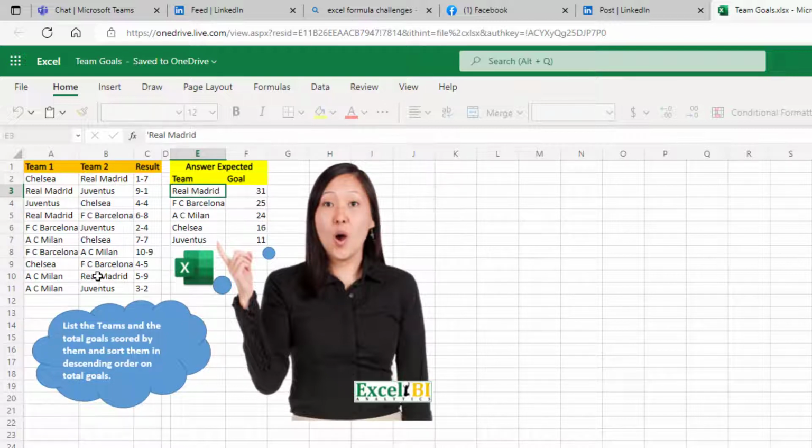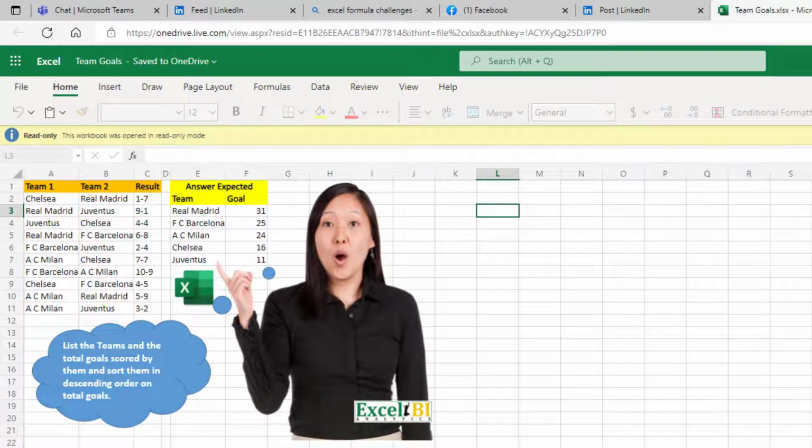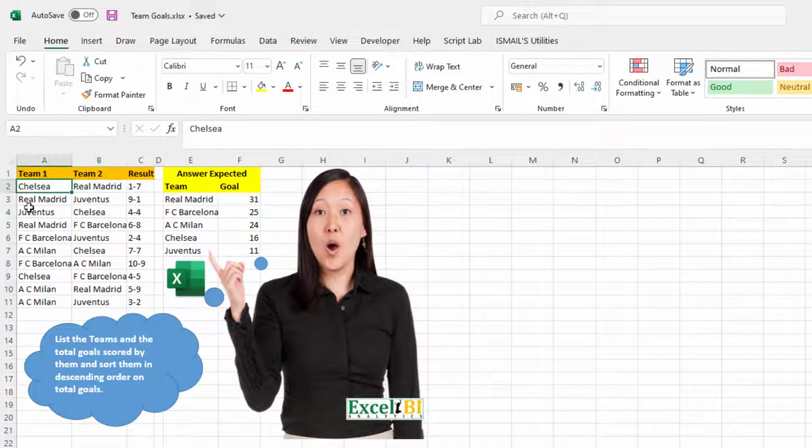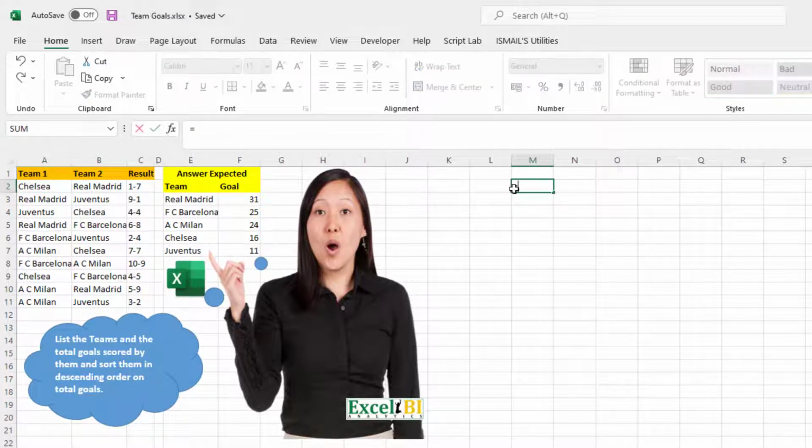So let's start it. So these all will be our input argument, and we're going to generate a lambda out of this. So let's say this data set is our input, the entire data set. So in that case, try to get team 1, team 2 and result separately. So team 1,